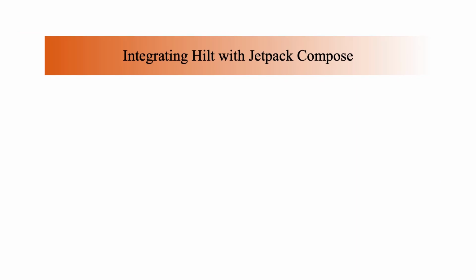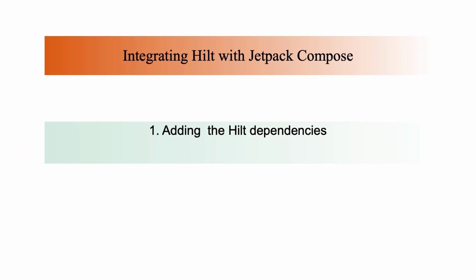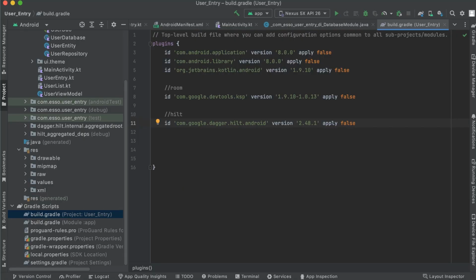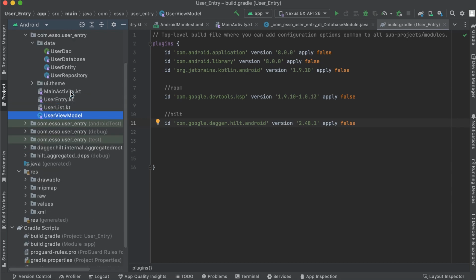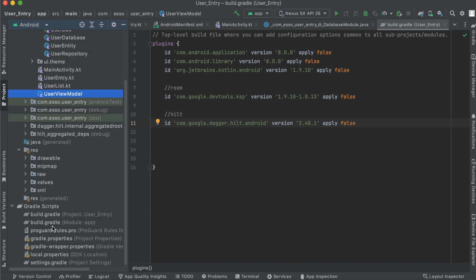Integrating Hilt with Jetpack Compose. First step, adding the Hilt dependencies. In this tutorial, we are going to implement Hilt dependency injection in the application we have created in the Room tutorial, user entry application. For adding Hilt dependency, open Gradle file project level and add plugins id com.google.dagger.hilt.android version